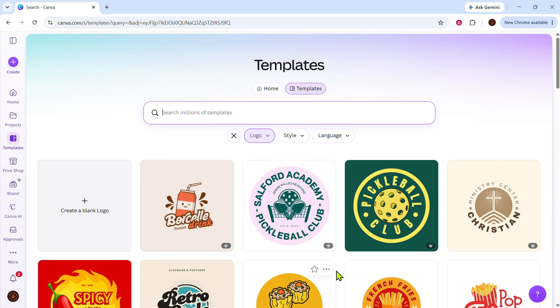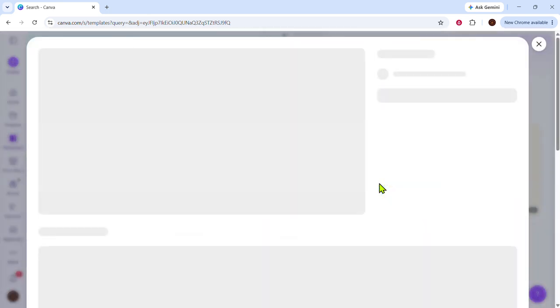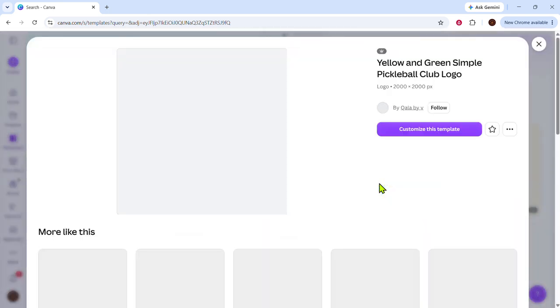Next, start adding the core parts of your logo. This includes your brand name, an icon if you want one, and the colors that represent your brand. Your brand name should be easy to read and positioned clearly, since it's often the most important part of the design. If you choose to include an icon, try to keep it simple and relevant so the logo remains clean